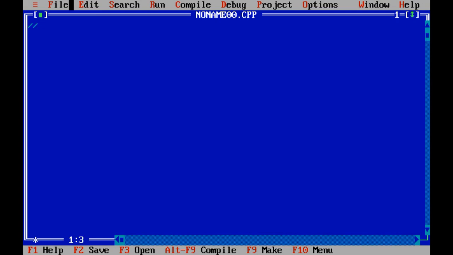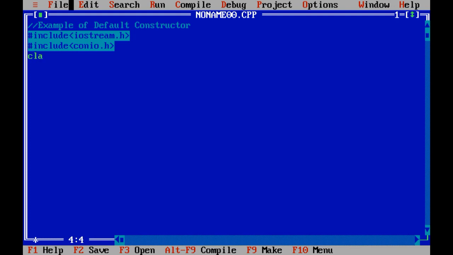Again, this is an example of default constructor. Include 2 header files, iostream.h and conio.h.